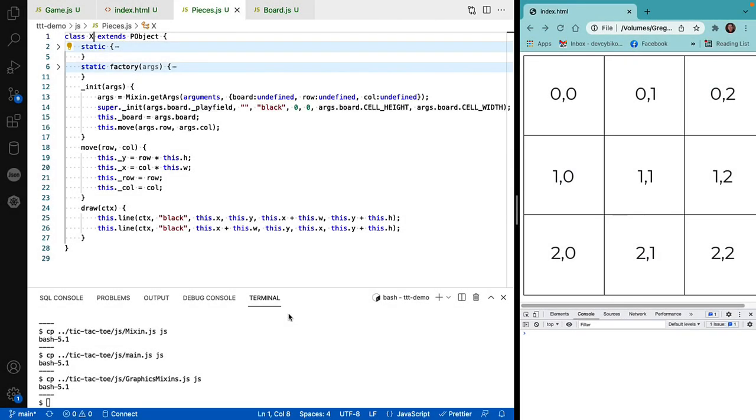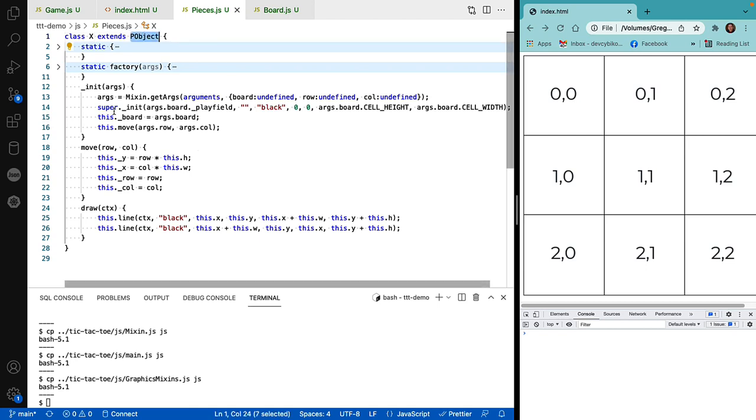Welcome back. As I mentioned last time, we've created our board and our game object. Now it's time to create our markers, our X and our O. And so our X extends our playfield object. Its init method says I'm going to get a board, the place where I'm going to be playing the game. I want to position it on some row